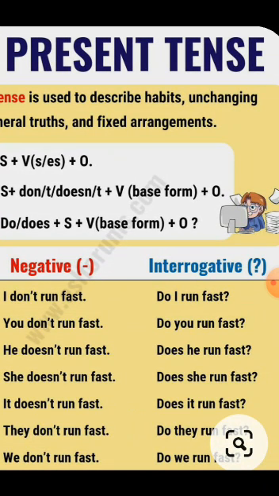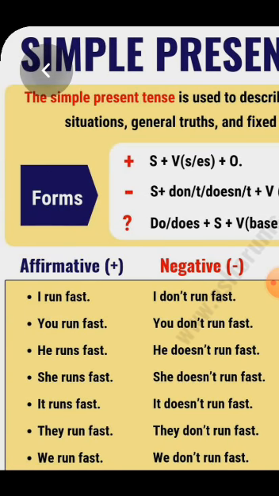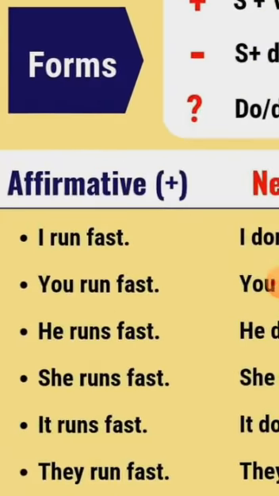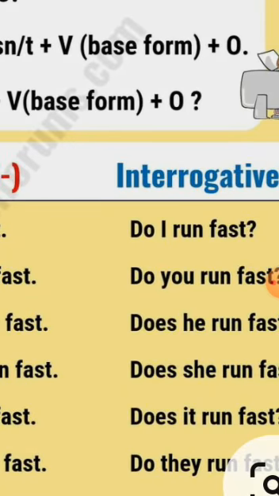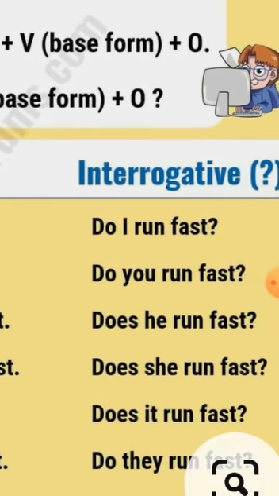So suppose any person asks you a question. You run fast, you don't run fast, and the third, do you run fast. So the WH question will be where do you run. It means at that time you have to tell that I run in the park, I run on the road, I run in the sports complex. At that time it is a must to give a proper reply.